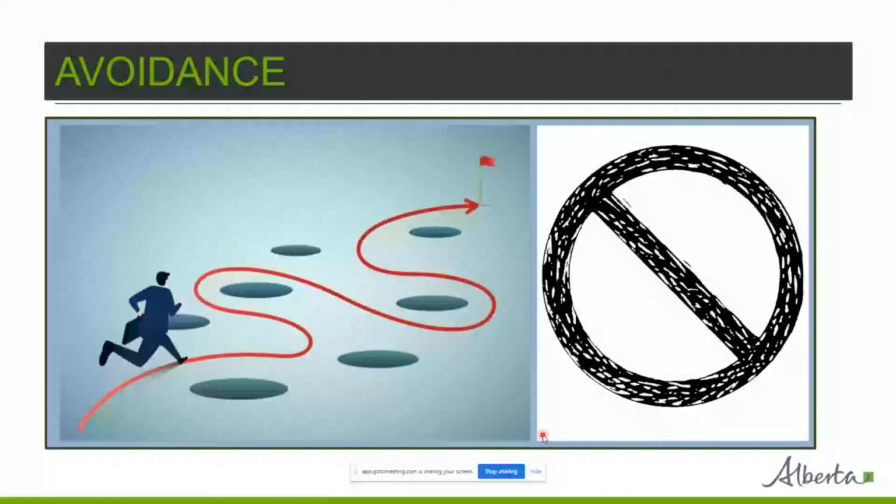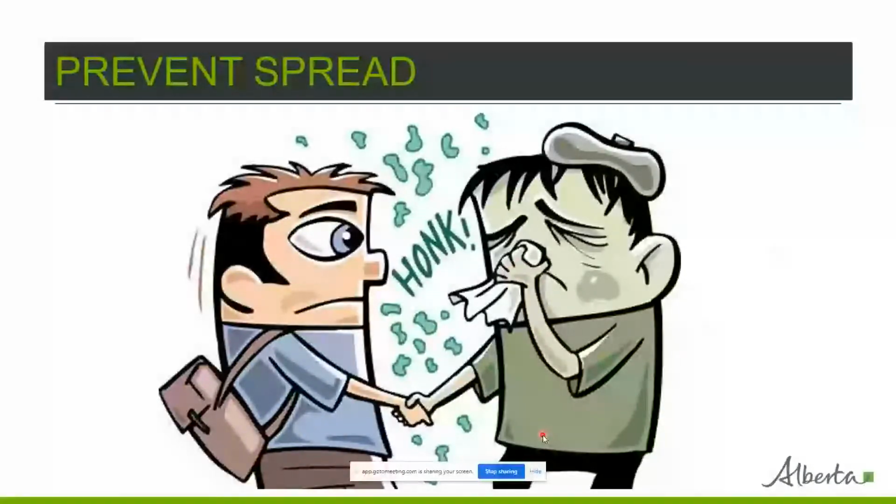You may not be able to be perfect at this, but we should do the best we can to try and minimize the risks. Okay, the second is preventing spread. So if I have an issue, a health issue, I don't want to spread that around uncontrolled. I don't want to be this guy that I'm showing here in the picture. That's not a good friend or a good neighbor. So we want to do our best to prevent the spread. And so that's part of the biocontainment piece, is that we don't want to spread things